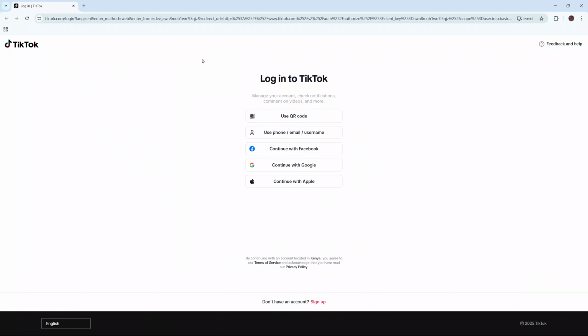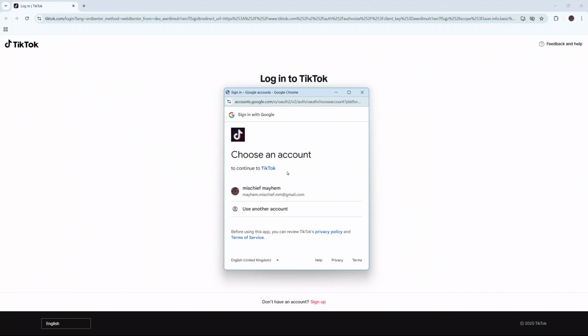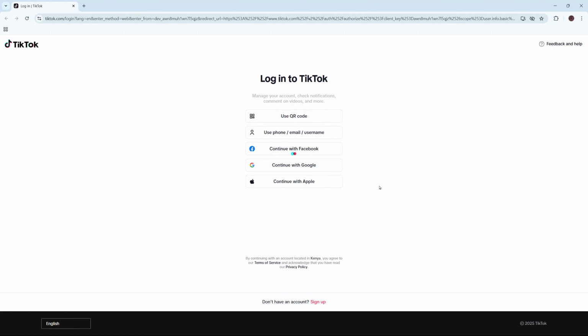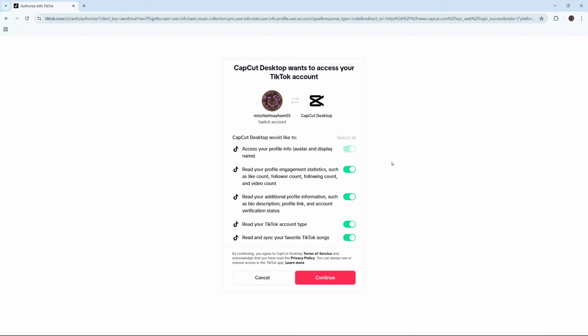From here, it'll ask you to choose how you want to log into TikTok. So you can choose your login preferences, whether it's with QR code, phone, email, username, Facebook, Google, or Apple. Again, just choose your preferred option, select your account, and then log into TikTok. Once you've done all of that, it will then tell you that you've logged in,